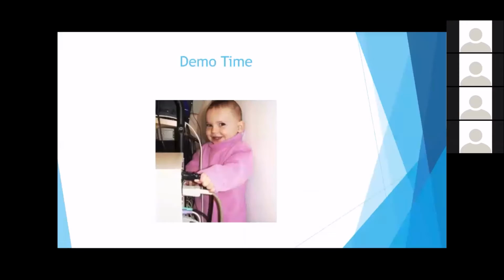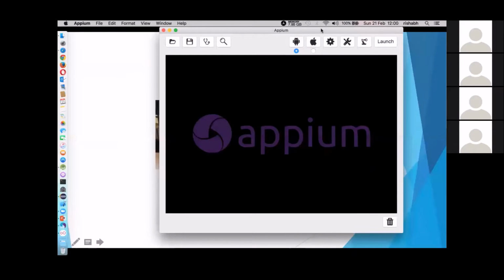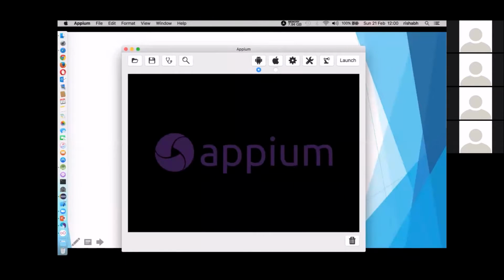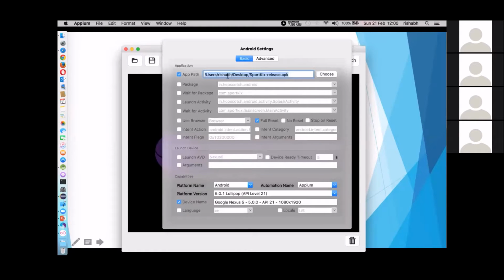So how exactly does Appium server look? I have already started it, and you can see this is the interface of how Appium server looks. It has many options like Android, iOS settings. In Android, if you click on that, you will be asked to choose your application, your package and activity and all these things.